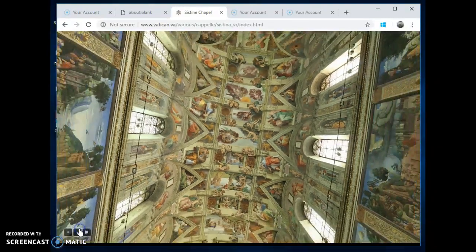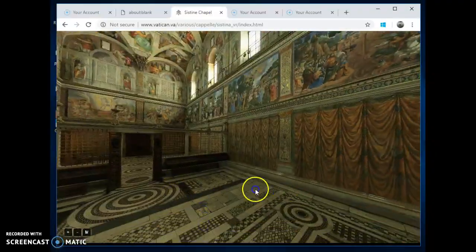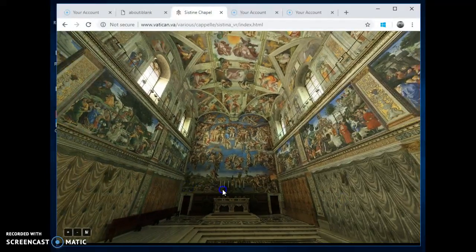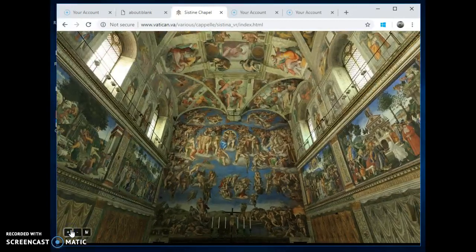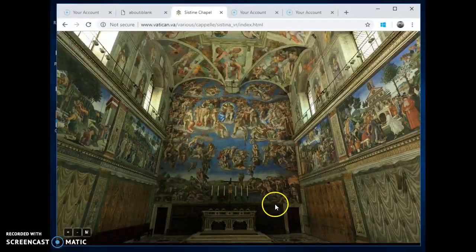But he had a falling out with the church, and the wall at the back, so let's get turned around here, is kind of like the final judgment, and this gets very, very dark. In fact, you can see from back here, look how dark these colors are, even compared to the middle and the top. It was supposed to be very, very dark, and it's pretty gruesome.